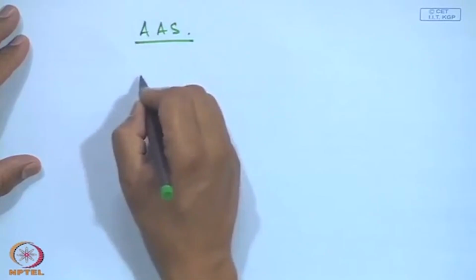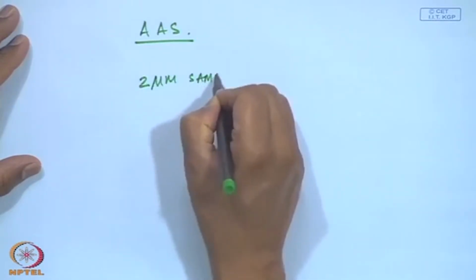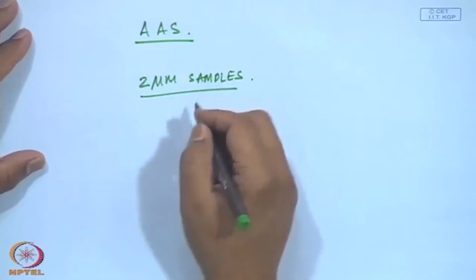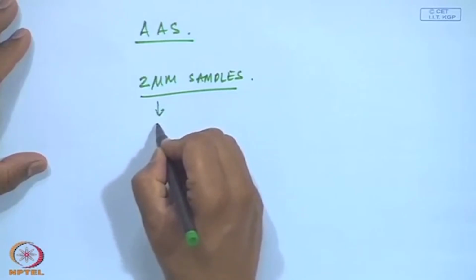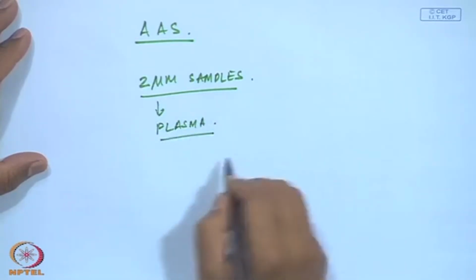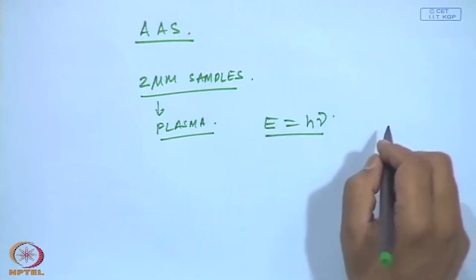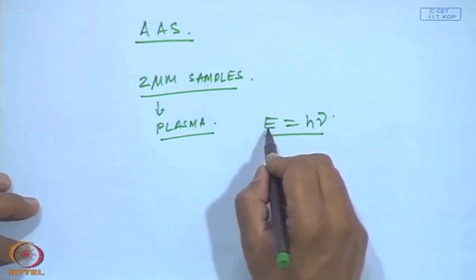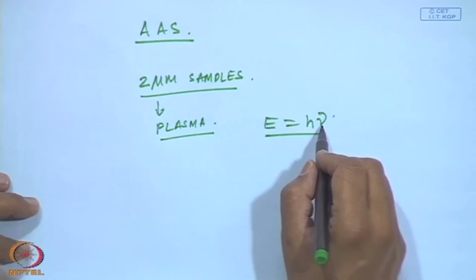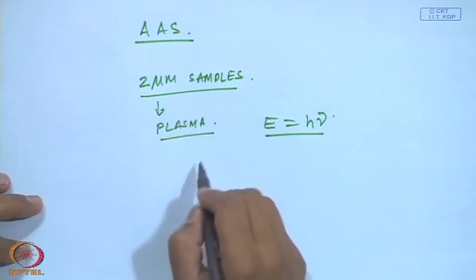The 2 micron samples are heated to such a high temperature that we have a plasma coming out of it. Then E is equal to h nu, from Planck's law of radiation, and this energy which is emitted is at the wavelength or frequency of the radiations of the chemical elements present in